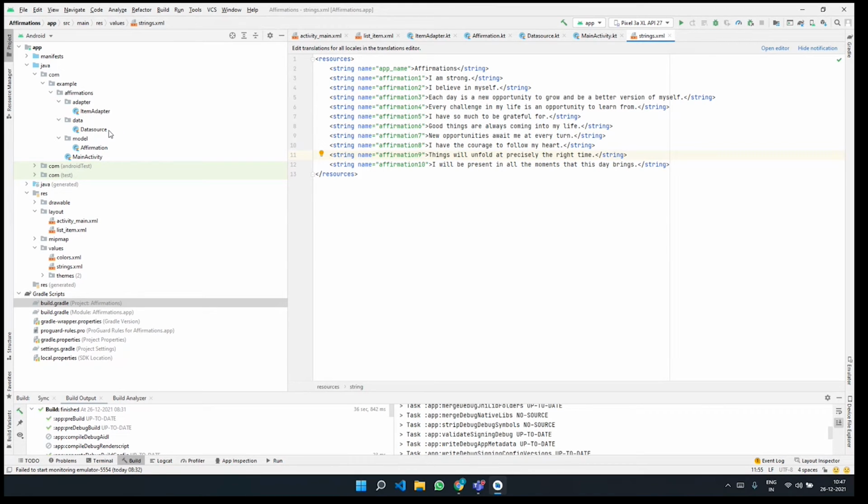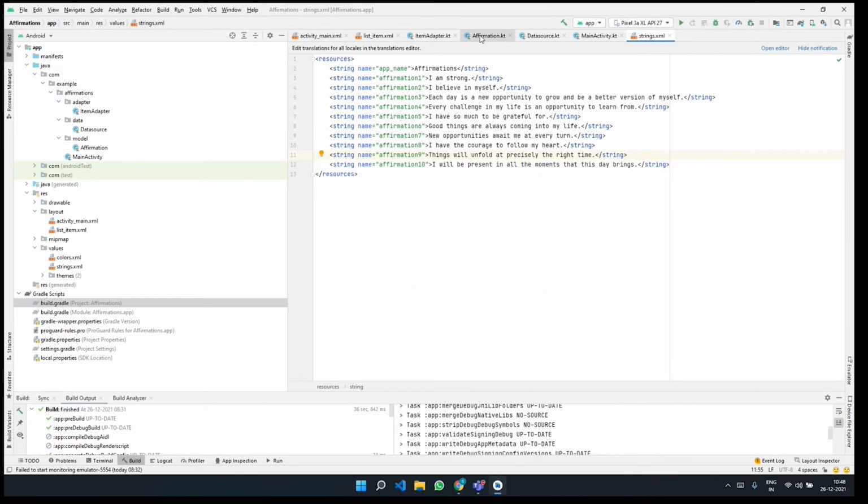Now, what we are going to do is create the affirmation data class. In order to create the affirmation data class, we are making a new Kotlin class called affirmation.kt. We are also making a sub package called model. And inside the sub package model, we would be writing the code that needs to go inside the affirmation.kt file.